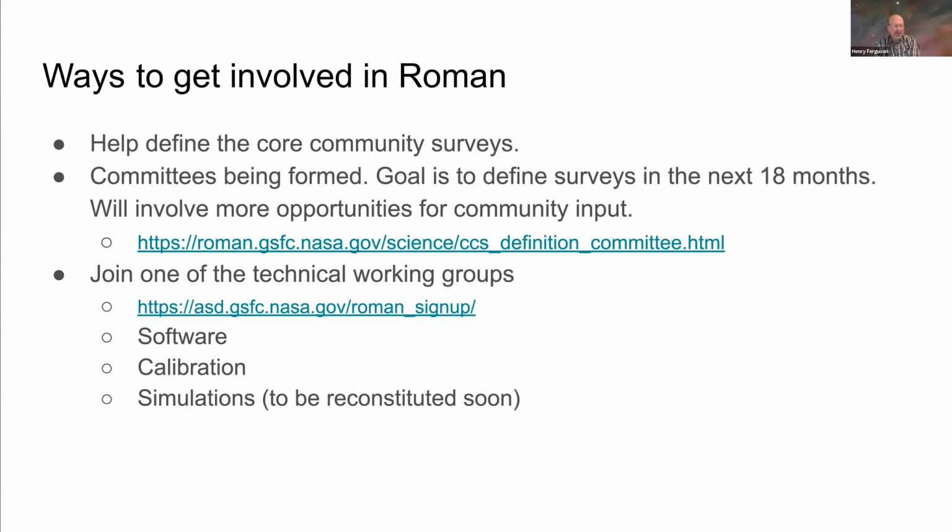There's one associated with software, really data analysis software for the Wide Field Imager, both imaging and spectroscopy, and the other associated with calibration, which is not algorithms so much as how do you actually get the calibration accuracies that we're aiming for. There was a simulations working group that hasn't met since they disbanded the